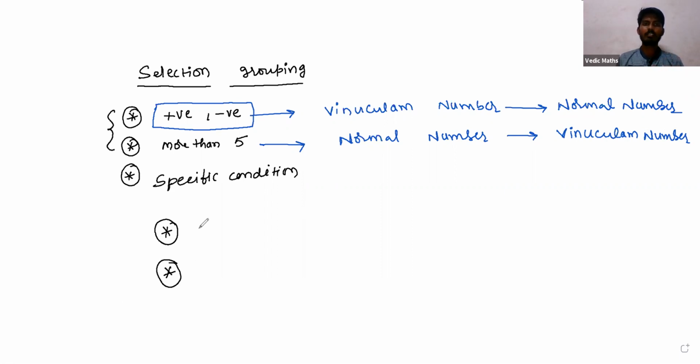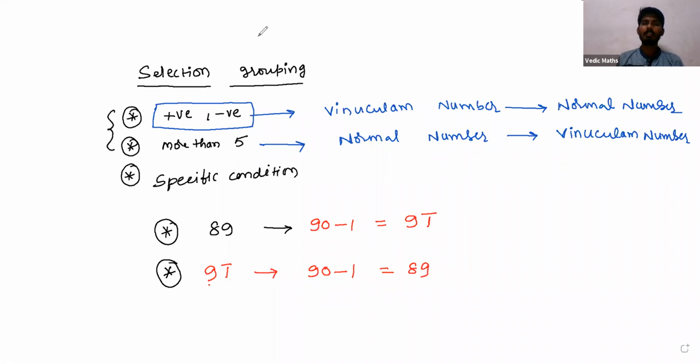Suppose, let us take one example. 89 you are taking. This is a normal number. We are converting it into a vinculum number. So for that, we are taking the base nearest to this number. I mean, the number nearest to the base will be 90. And it is 1 less than 90. So I'm writing minus 1. So then you can see here, 9, 1 bar it becomes. Suppose 9, 1 bar I have taken. So this is nothing but the place value of 9 will be 90 and the place value of minus 1 will be minus 1 here. So that is 81 it becomes.